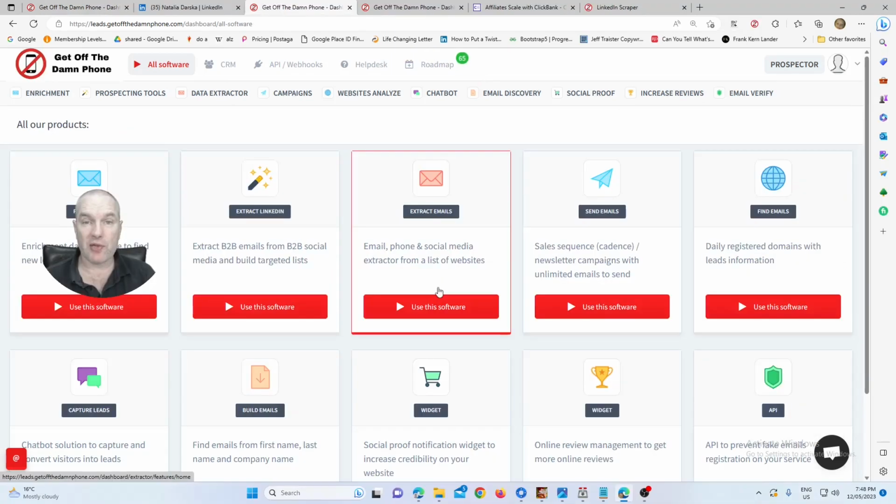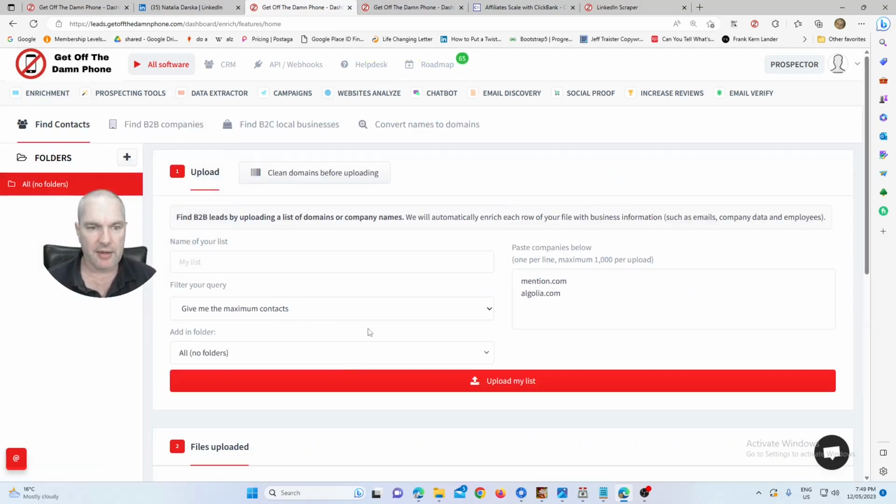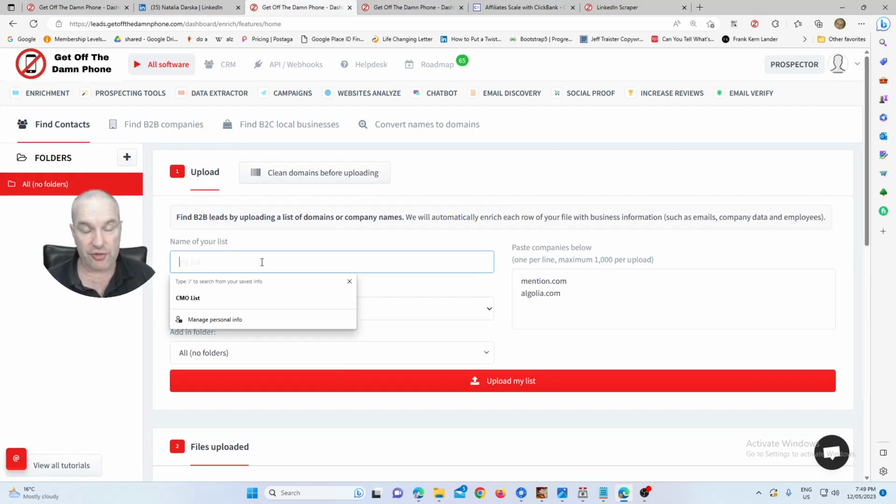Sometimes you want to target a particular company, or maybe 3, 4 or 5, 10 different companies that are all similar, and you want to get the list of contacts, employees, decision makers from that particular company when you know the company name, you know their domain, for example. So how do we do that? So we go to enrichment, find B2B contacts. Now what you do is just name your list. So let's say we're doing